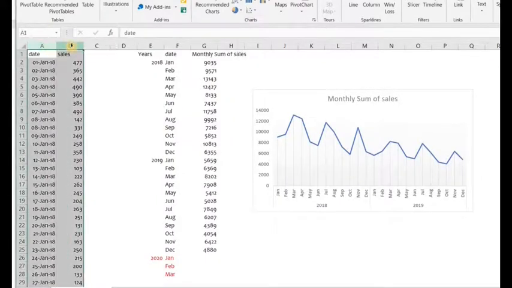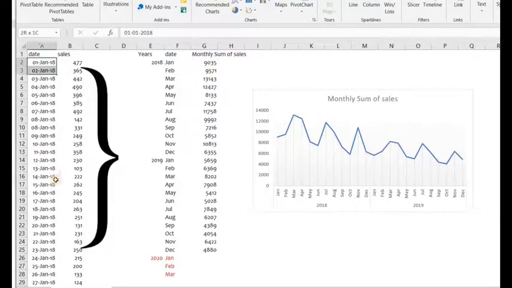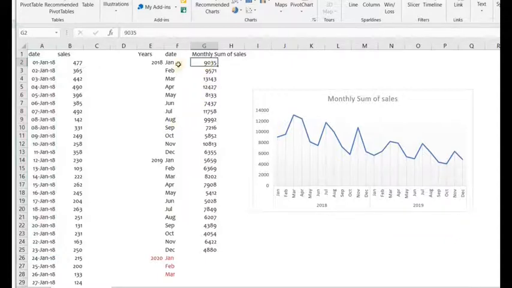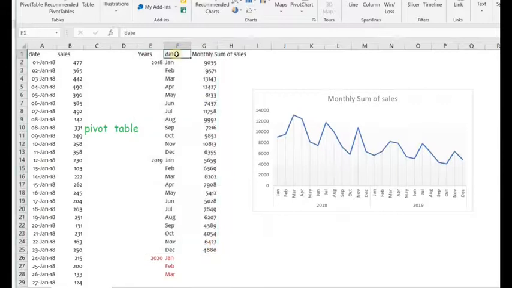So this is the data that we are going to work on. We have daily sales data that is recorded on a daily basis, and here sales is the number of products sold per day. This is the monthly total sales, where we add all the daily sales of one month and get the total value of it. I got this report using a pivot table. We will see how we can achieve this in Python.